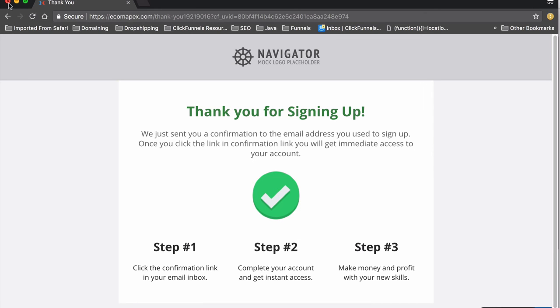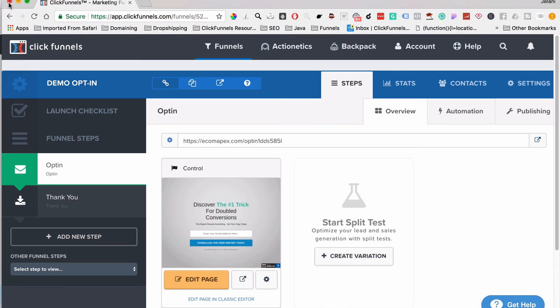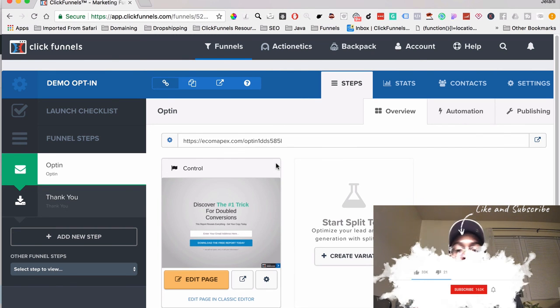So that's a way to set up your opt-in forms and make sure that it goes into the appropriate list by setting up the integration. And also, this is a simple opt-in, so if you wanted to have a free report or something like that, you can send them via email. If you wanted to do it a digital asset way, I recommend going to the knowledge base and learning how to do that, because that's a little advanced and I don't have enough time on